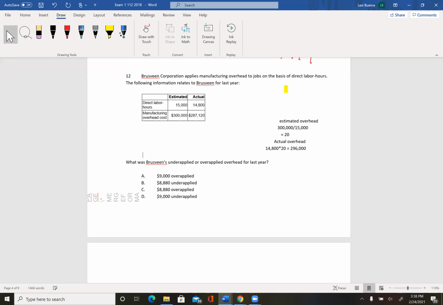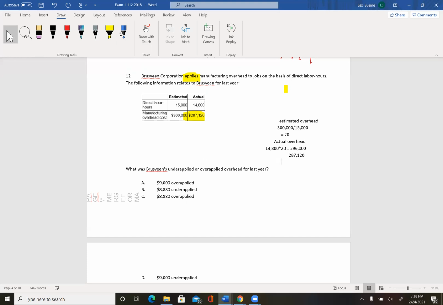And then the overhead that was applied is given. This is going to be the overhead applied because it says what is applied. That's going to be the amount. So we're going to need that, which is 287,120. And then to find if it was underapplied or overapplied for the actual, you're going to take the 296